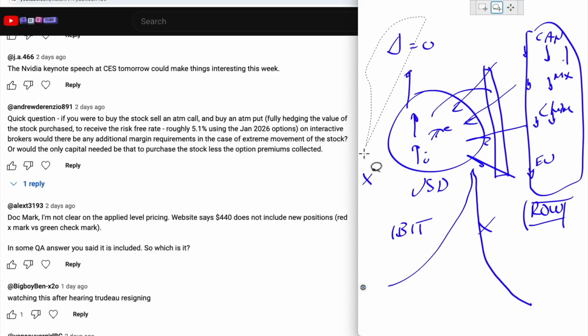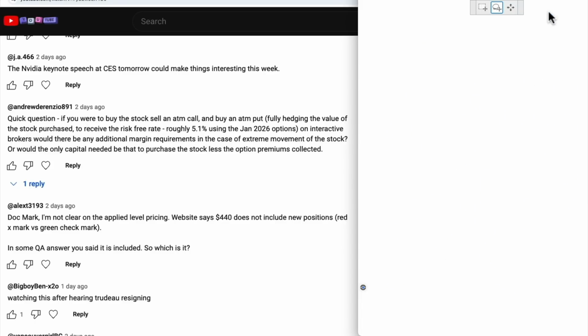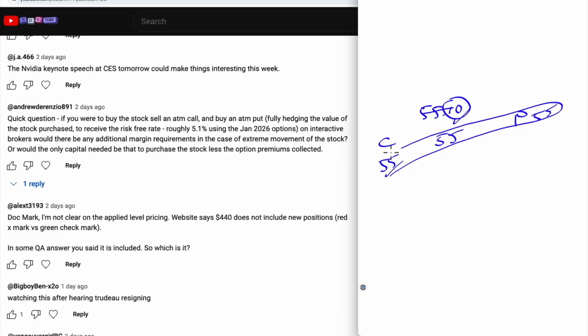It is rare that something is completely at the money, right? So let's say you're looking at something that is $55.10 and you say, oh, I know what I'm going to do. I'm going to sell the call and I'm going to buy the put at 55. Well, careful, you got that dime in there, right? You're selling the call at 55, you're giving up that dime. So while it may give you the illusion that you're getting 5.1%, unless this is exactly $55 and you're selling the 55 and you're buying the 55 put, unless it's exactly like this,